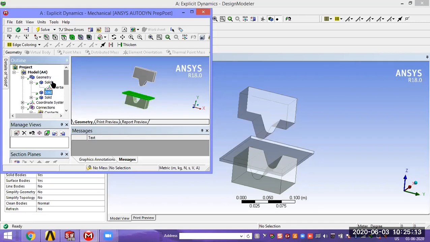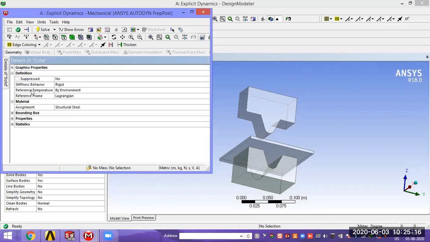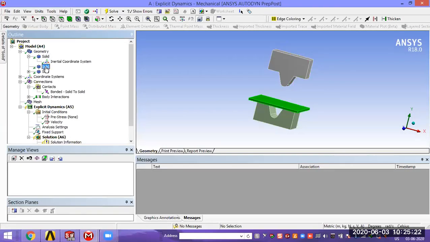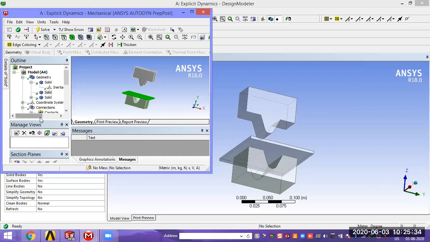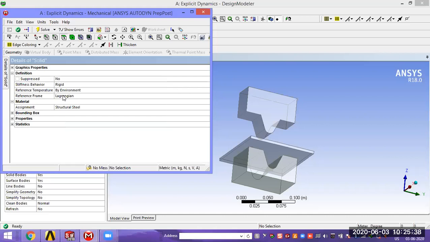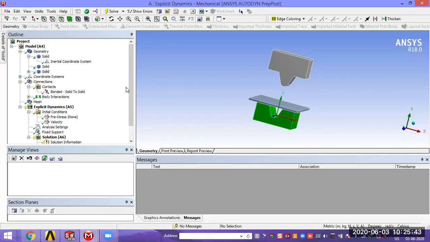Okay. Now the solid one, check it out here. Here rigid, structural steel. Okay. Now next one is sheet metal. From the sheet metal point of view, select flexible. Here you will get flexible. And the next is assign the material. Assign the material SS304. We are going to change whatever material you are going to define. Similarly, this also rigid, stainless steel. Okay. Now after defining, you are going to check whether it is properly assigned or not.